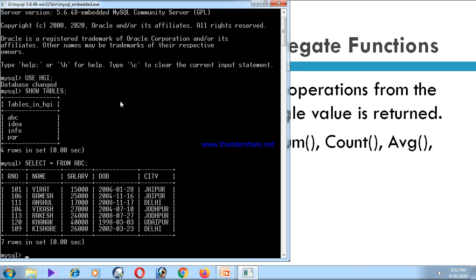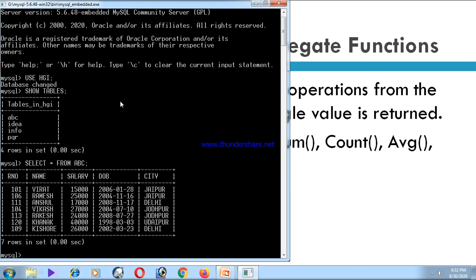Here it is the ABC table. Just check it out. Degree of this table is 5 and cardinality of this table is 7, because 7 records are there here. One very important thing: if you are going to count the cardinality of the table, you just skip the column heading of the table, right? So here it is the table ABC. It is there on the monitor.